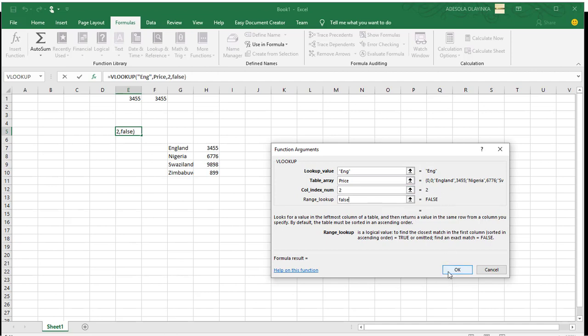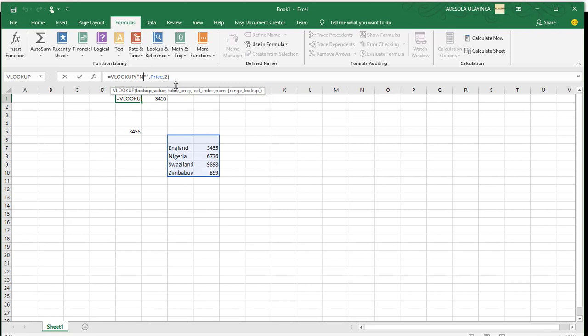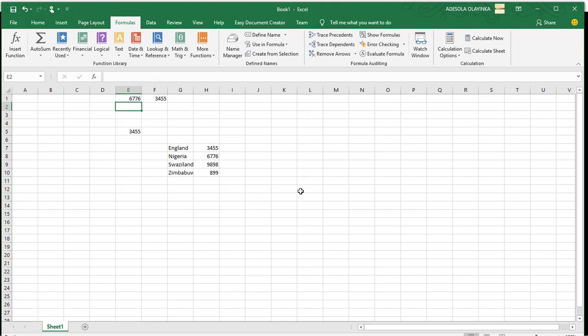Then it will not return anything, because I'm saying it must look for the exact word England. Anything apart from England, it should not tell me anything near, just the exact. That is why there was nothing here. If I put my asterisk here and press enter, then it gives me the value. Here I put Nigeria, I press enter, and it gives me the value for Nigeria.